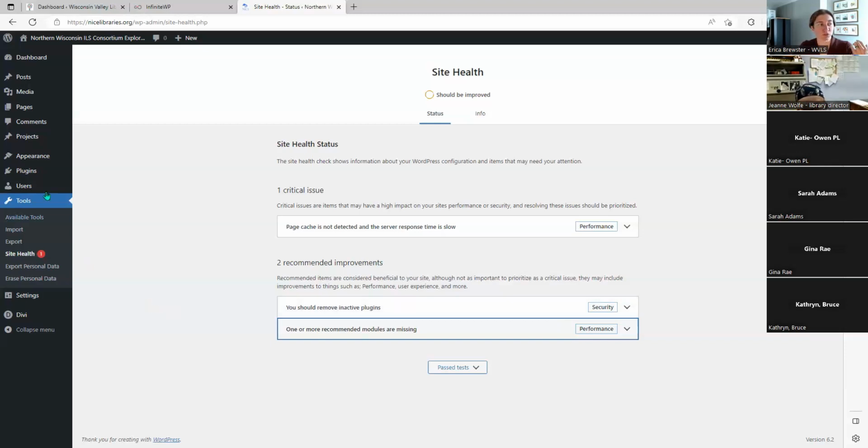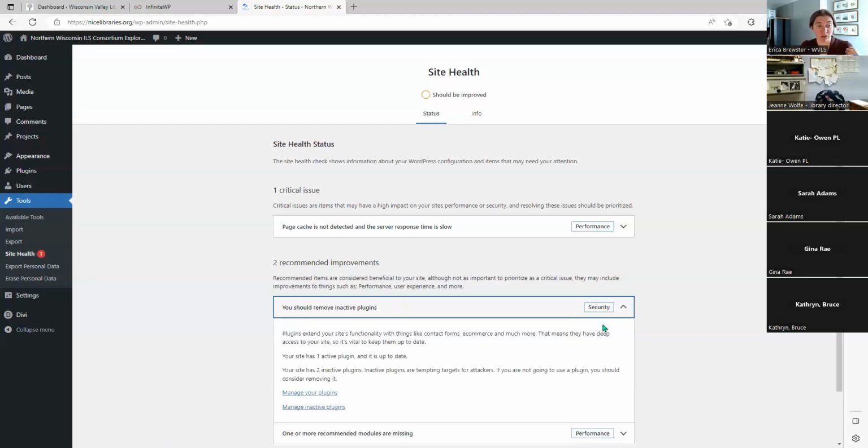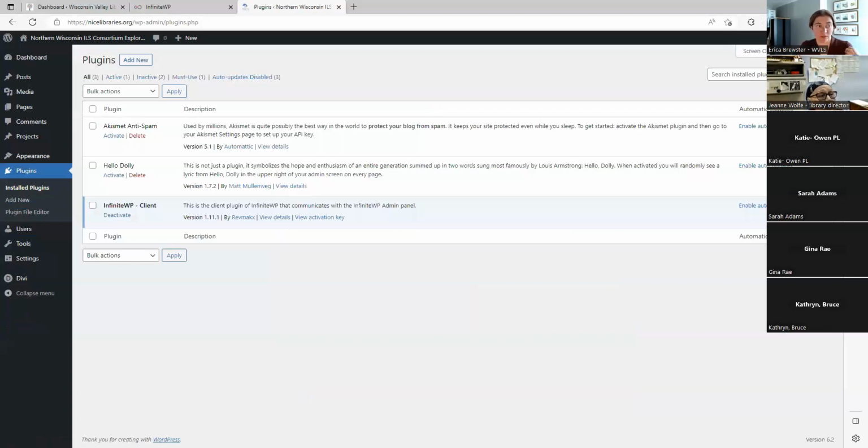If you look over on the black bar on the far left side, you'll see a menu for plugins, and you also see here this notice about inactive plugins. An inactive plugin is an extra piece of technology that you've added on, and in this case, it's not being used on this website. So we can look here and it'll tell us, we can go down here to manage our plugins and manage the inactive plugins, or we can access that same menu over here off the black bar on the left. If I click on manage your plugins,